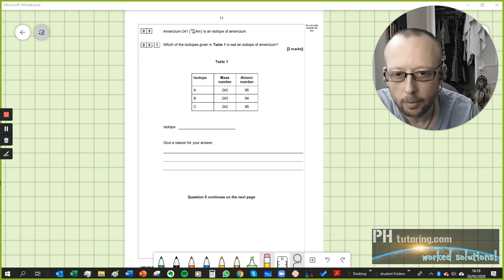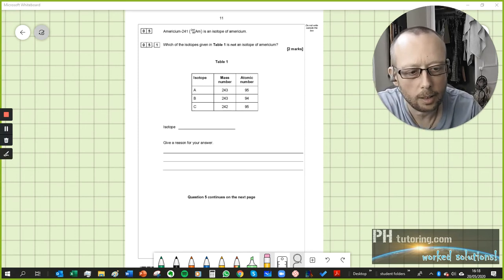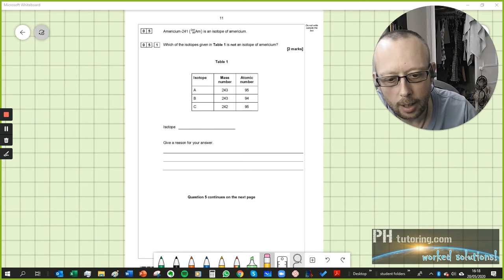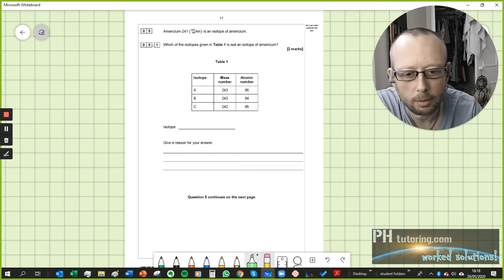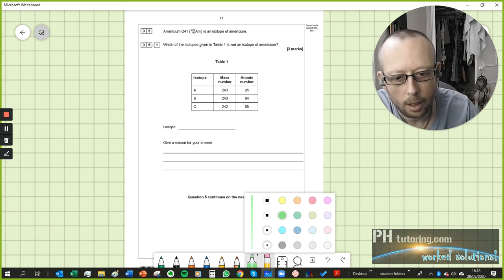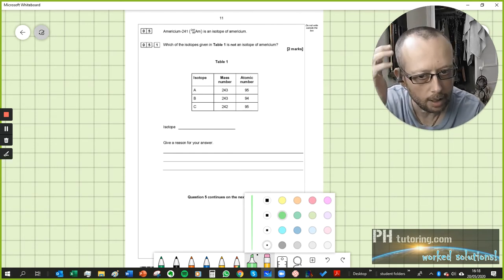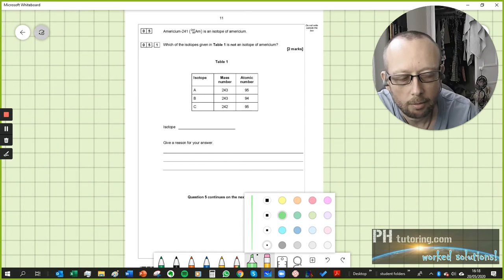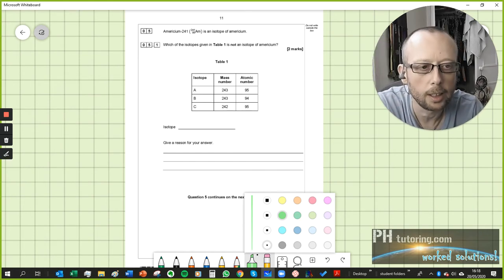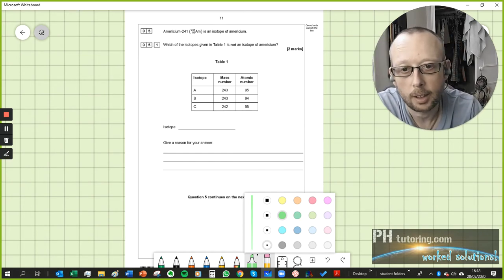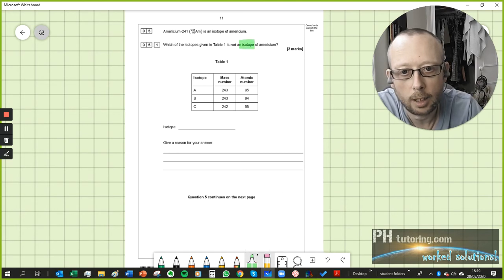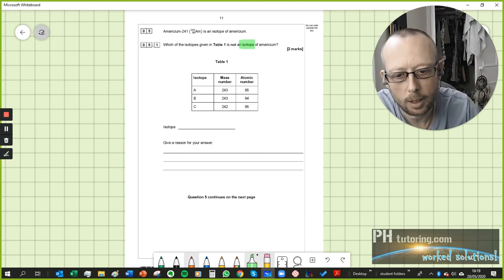We're on question 5 now of this work solution, and we're looking at americium, which is not really that important. We don't need to know what americium is. If you would like to know, it's the radioactive element that is used inside smoke detectors. So what is an isotope? That's the thing that we do need to know. What's an isotope? Well,